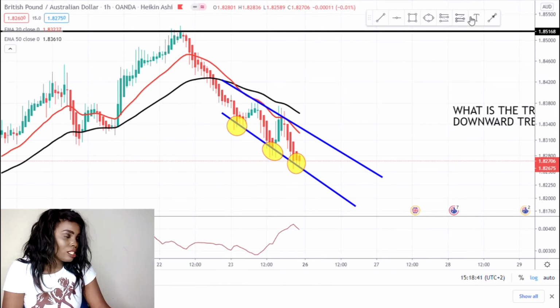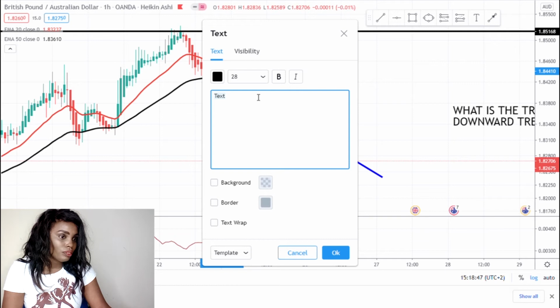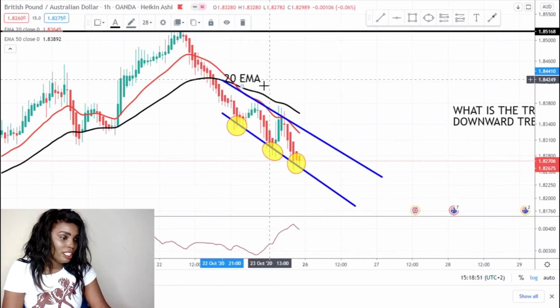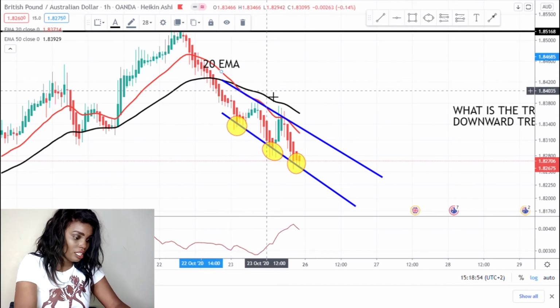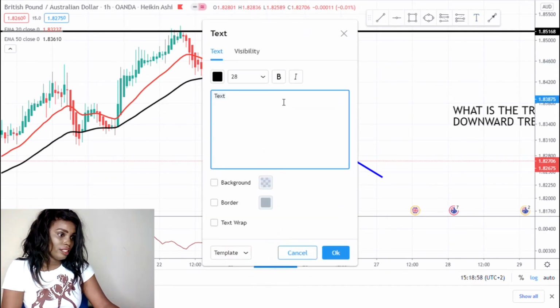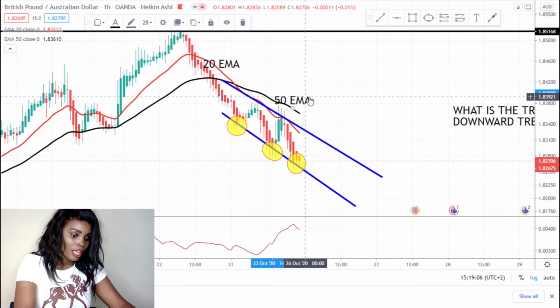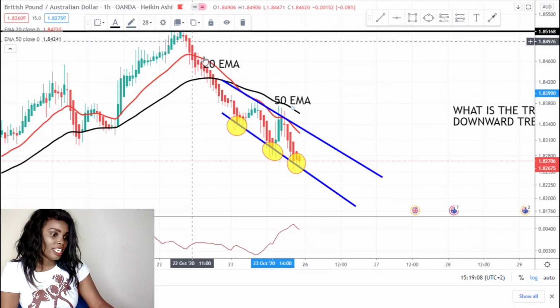and then I have told you many times I use 20 EMA and 50 EMA. So the red one, let me show you. You see this, the red one is 20 EMA. The red is 20 EMA, and the black moving average is the 50 EMA. How I use this trend line is that